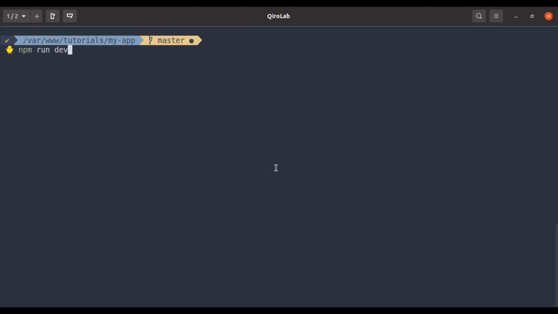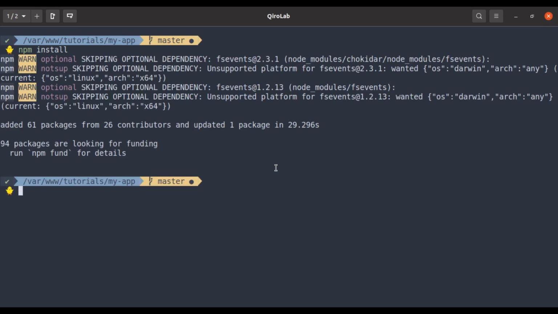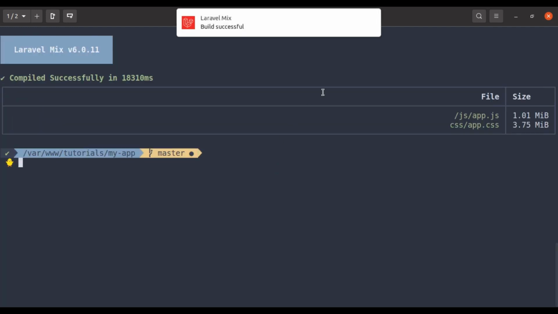Now let's run this. First we need to run npm install. Now we will run npm run dev --theme=tailwind. Now it is done.